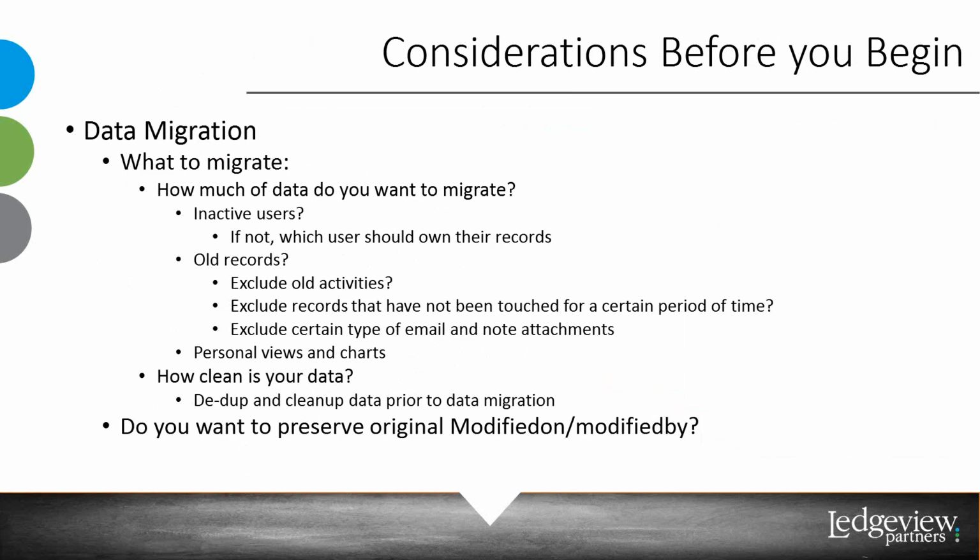So some things to think about is you probably have inactive users. Should these users still own records that they may own? I mean, you may want that history, and that's potentially some additional logic that has to happen in the data migration. So there is additional cost likely with that, because you wouldn't normally set up an inactive user in your 365